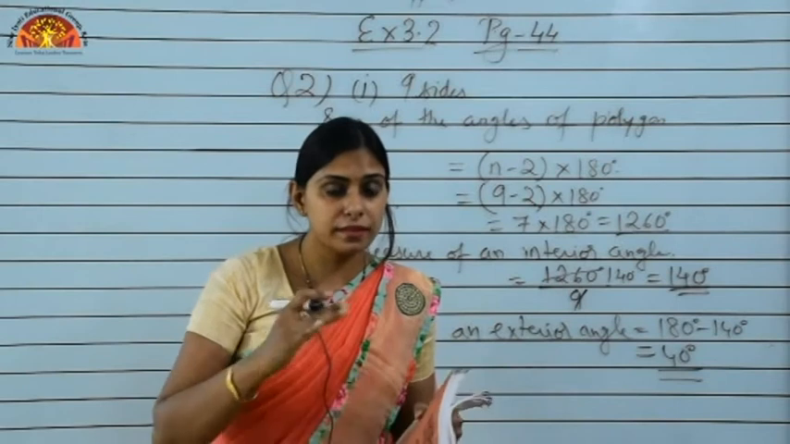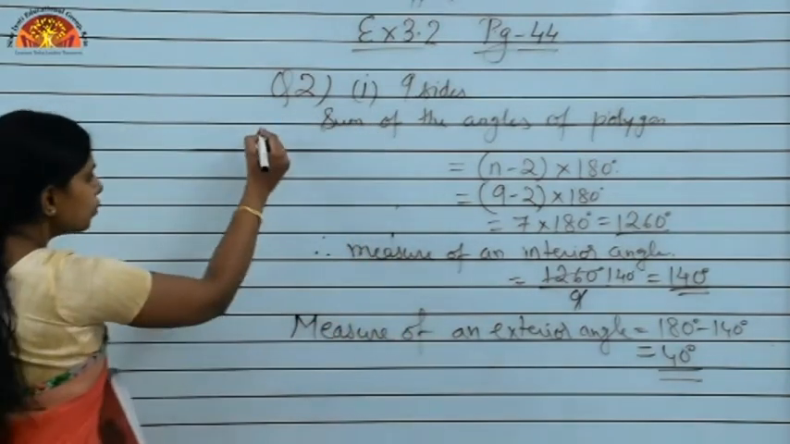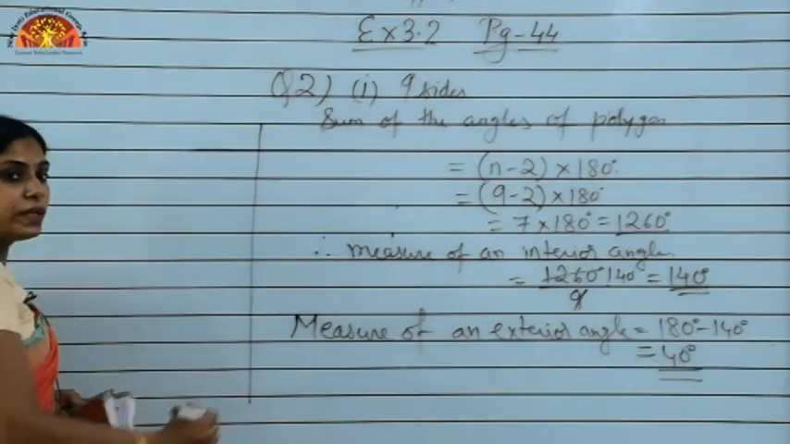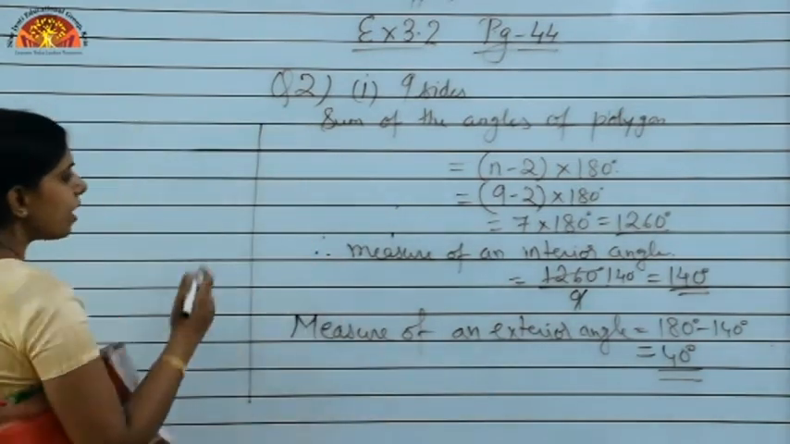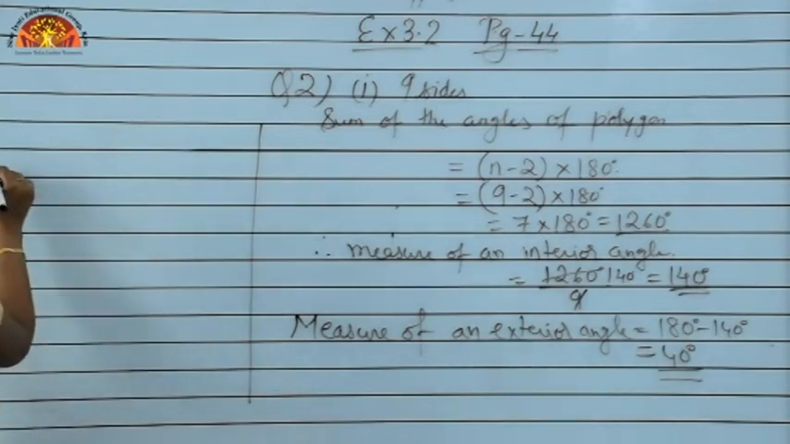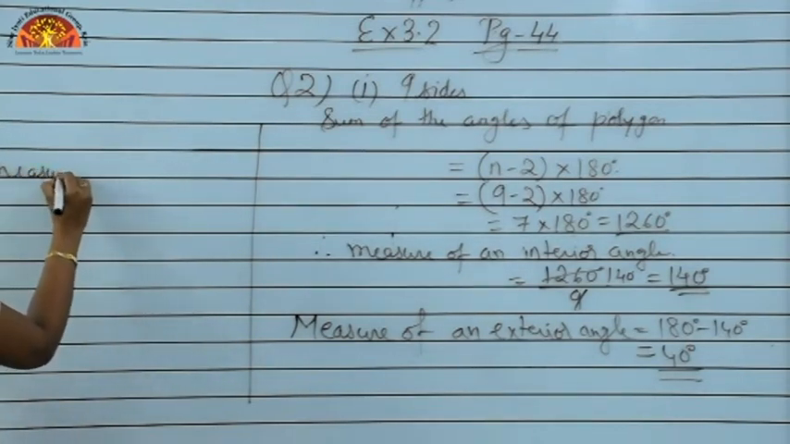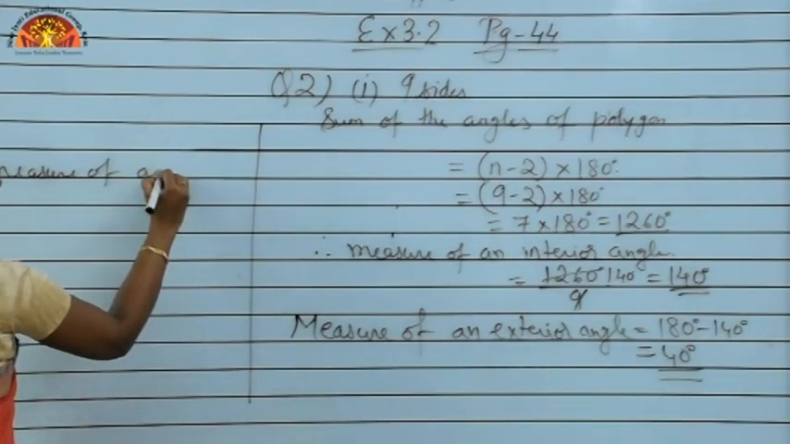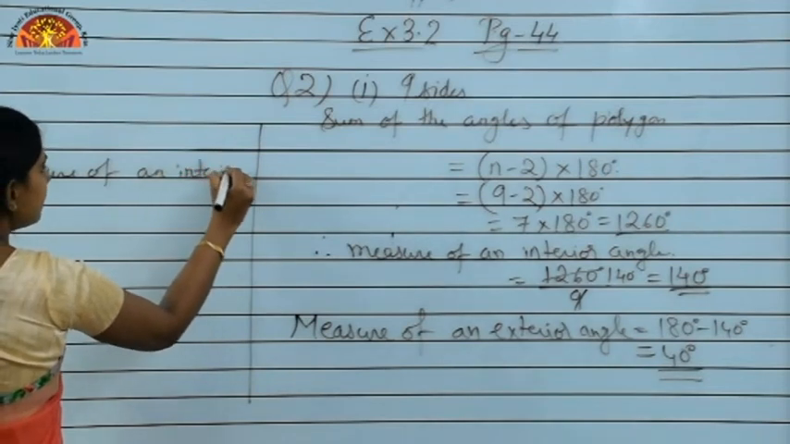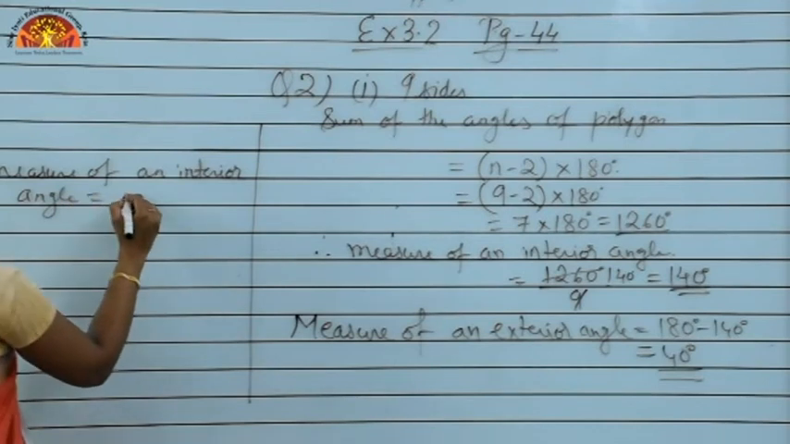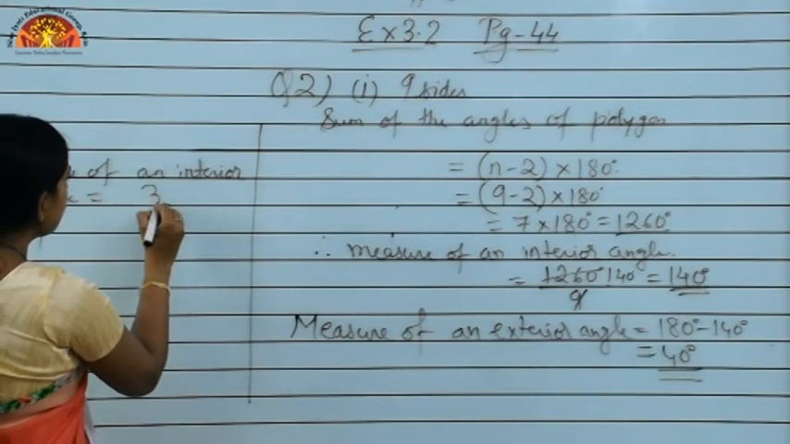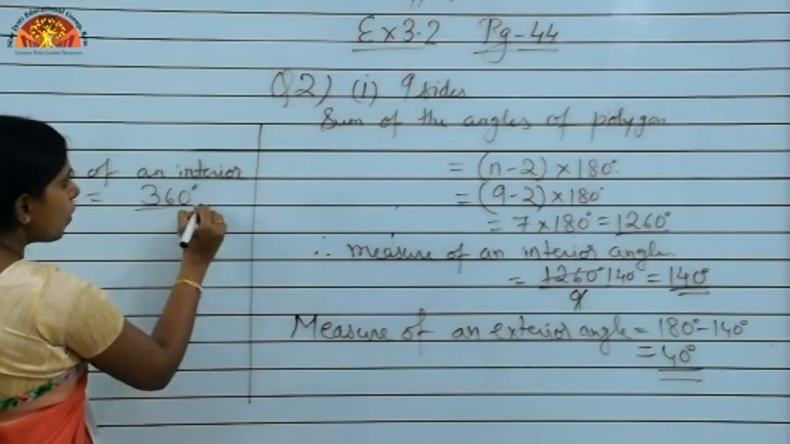Now the second method is much more easy. As you know children, the sum of the angles of a quadrilateral is equal to 360 degree, and you have to find the measure of an interior angle. So you can just write directly that the measure of an interior angle is equal to, that is, the sum of all the angles 360 degree, upon the number